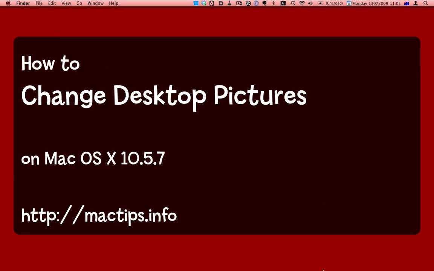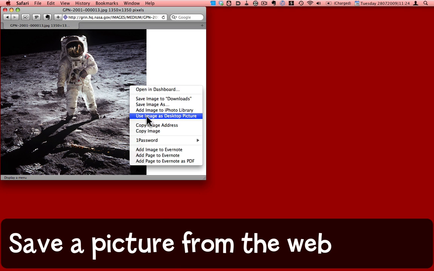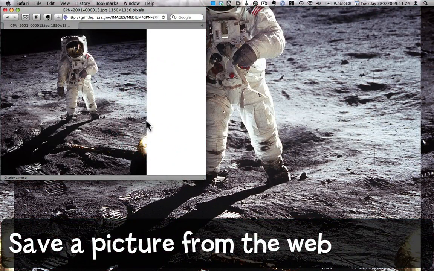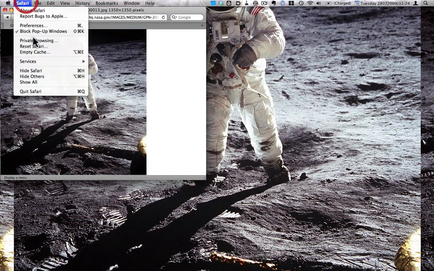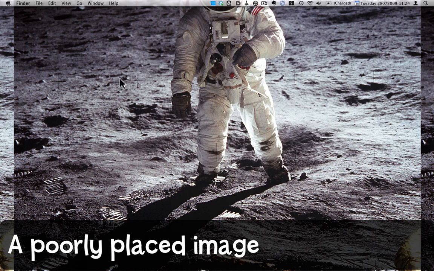Desktop images are one of the purely fun parts of using your Mac. They show you a picture in the background of whatever work you're doing. You might save a picture from a web page, for example. Control-click, use image as desktop. That was in Safari. Trouble is, that picture wasn't exactly the same size as my desktop, and it's chopped off